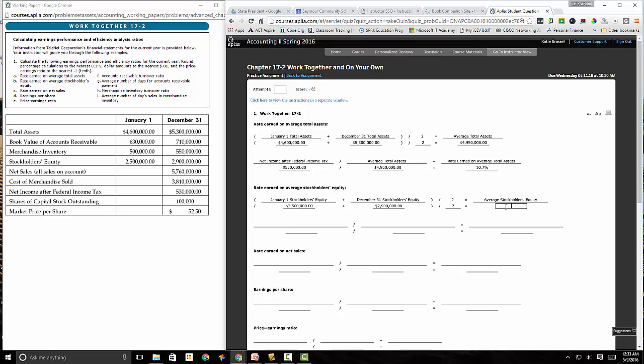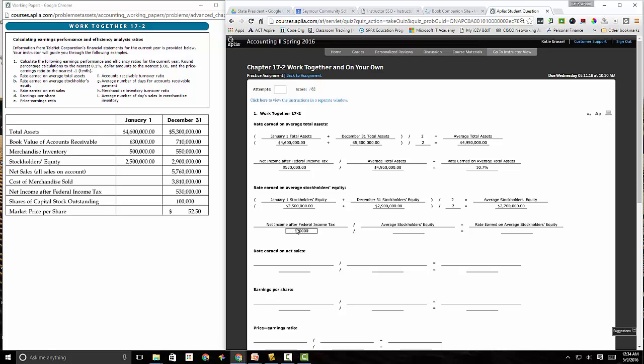Plug that into my calculator, which gives me my average stockholders' equity, 700,000. Second portion, my net income after federal income tax divided by my average stockholders' equity gives me my rate earned on average stockholders' equity. My net income is still the same number,